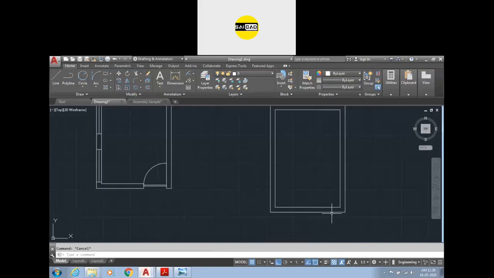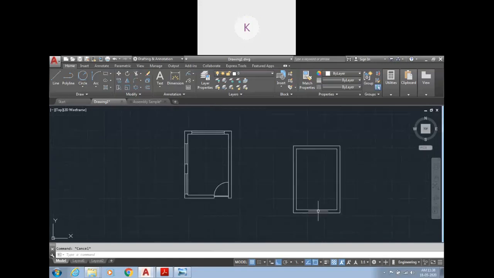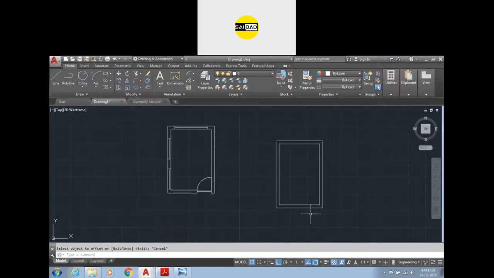Okay, sir. Instead of doing offset for every single line, you have selected the whole rectangle and used the offset command, so that every line of the rectangle gets offset. Yes. You can see that this object is a polyline. If you want to convert it into lines, just press explode, and it will be lines. And now if we select the offset, you can see the offset will be for separate lines. So if you want to create an offset of all the objects, just select and join them by selecting J, and now you can see the object is joined. Offset 9 inches outside. Okay. Okay, sir.